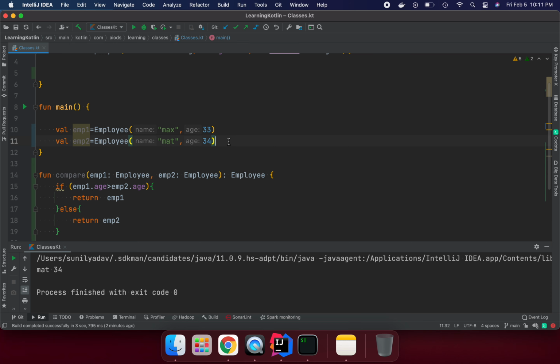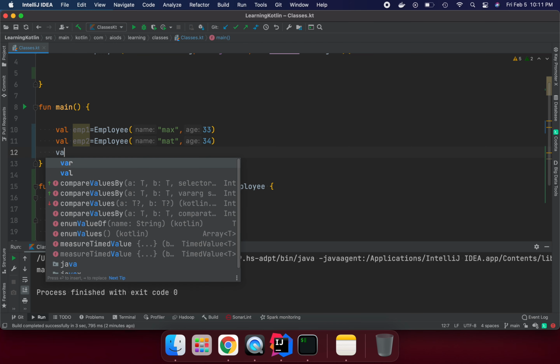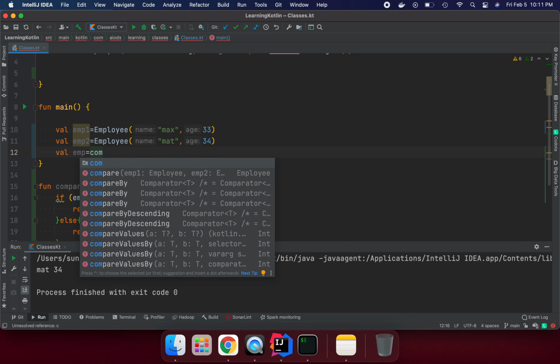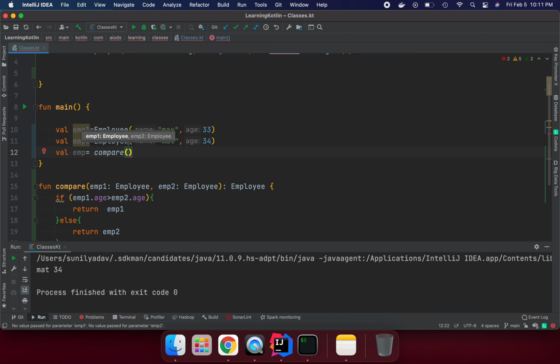And let's call this method compare. I'm going to say val emp: Employee = compare, and I need to pass two parameters, employee1 and employee2.